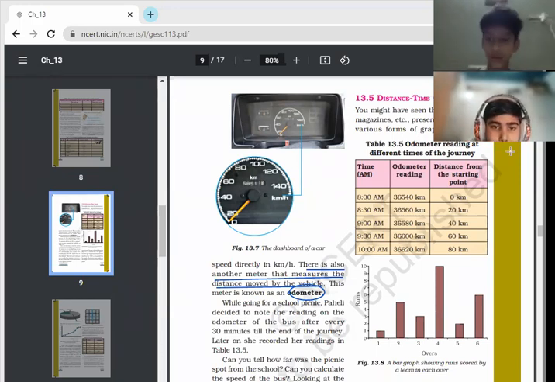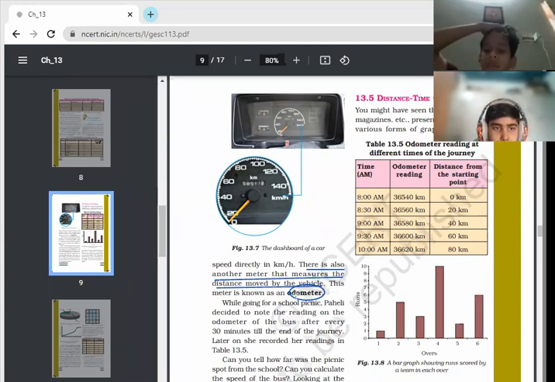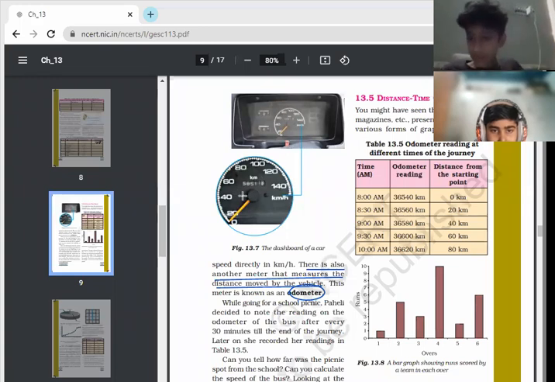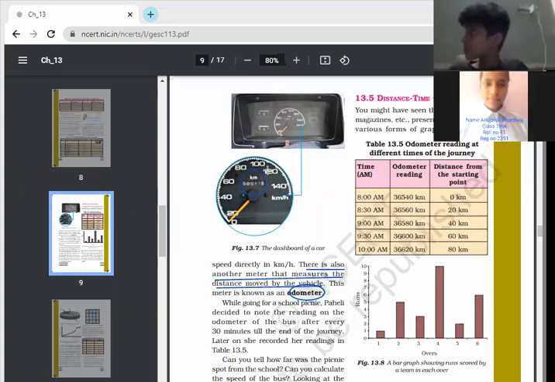So children, let's move to another topic, that is a distance time graph. And one thing more before that, odometer. This is an odometer which is used to measure the distance covered by the vehicle. Already I had told you that there are 2 or 3 meters in each one of the vehicles. One is a speedometer and the other measures the distance covered by a vehicle. So speedometer shows the speed of the vehicle, and this is the distance covered. This is the distance covered by your vehicle, how much your vehicle has traveled.